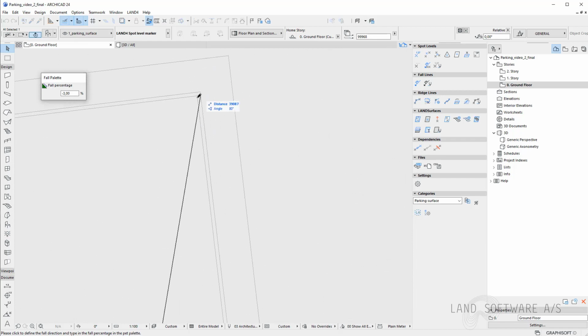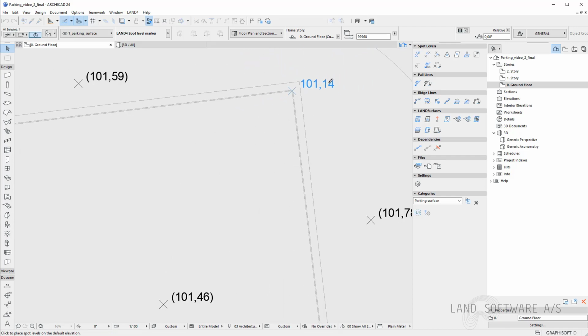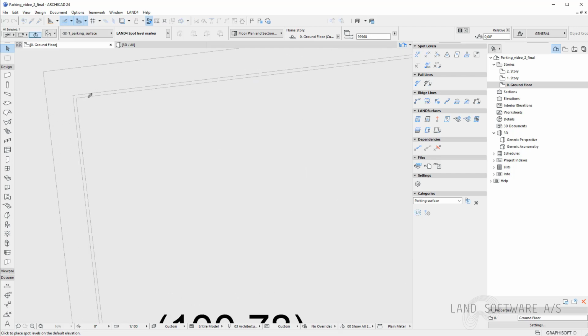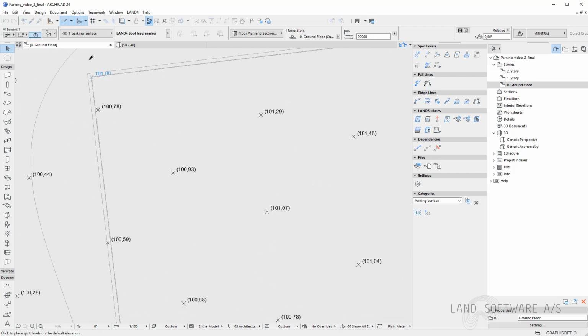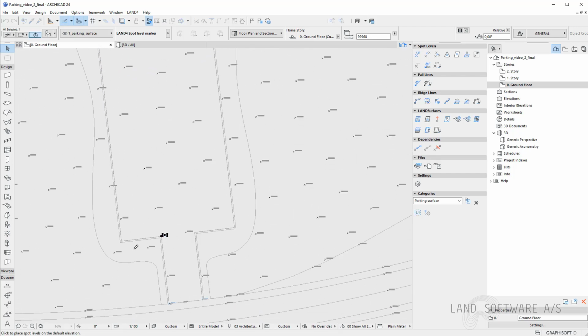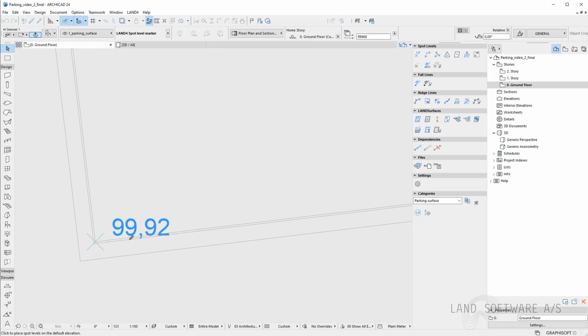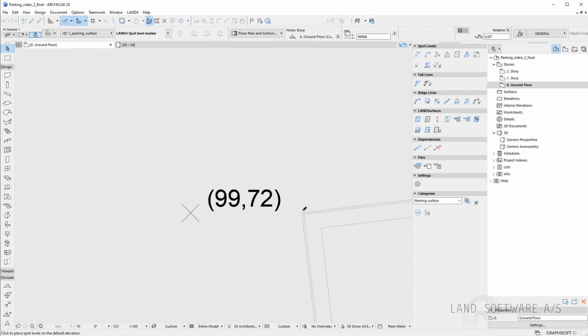Therefore, I'll place the direction with a rubber band first, with the first click. And once I've done that, I can now place new spot levels. And now I can just continue the work and place spot levels in each corner of the parking surface.